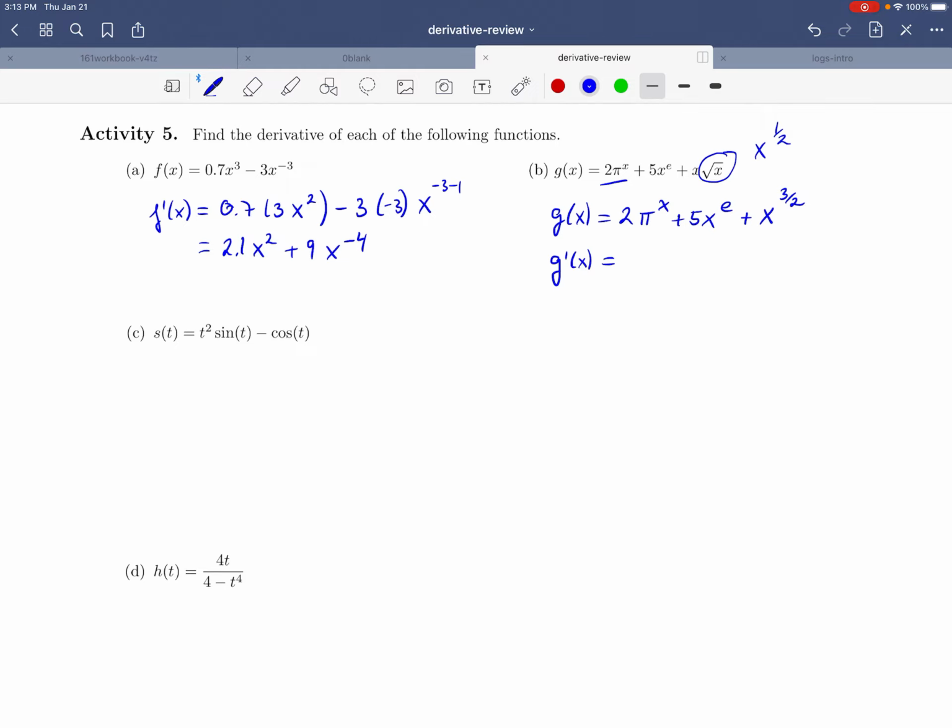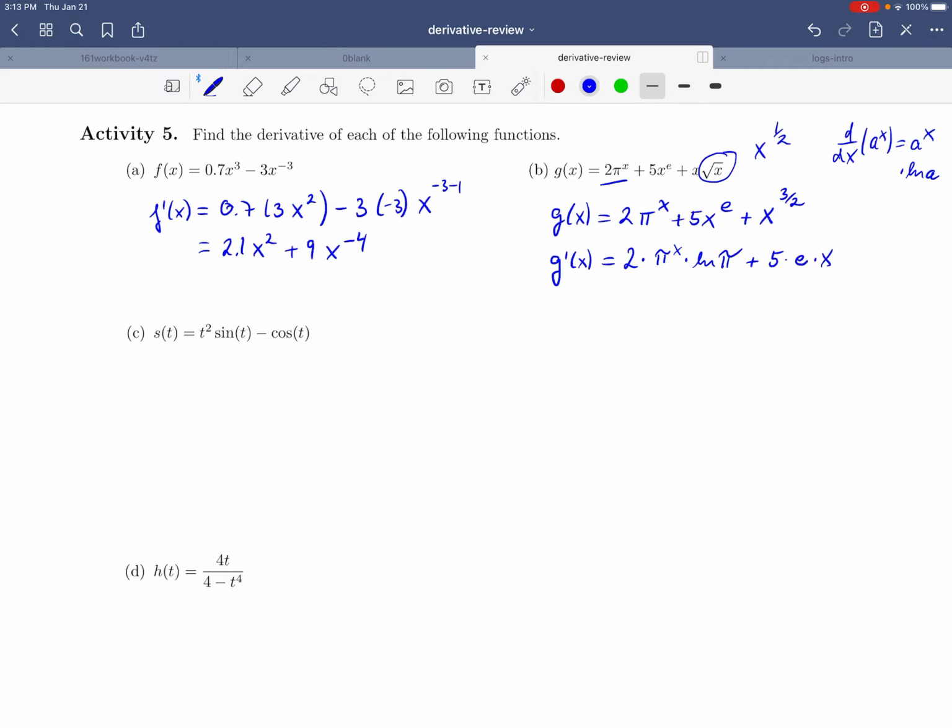Now we can take the derivative, and since the first piece we have an exponential function, we have to use our rule for exponential functions. And you may remember that the derivative of a to the x is a to the x times the ln of a. So that is the rule that kicks in on our first piece. So we have 2 times pi to the x times the ln of pi. That's our first derivative. And then plus 5 times